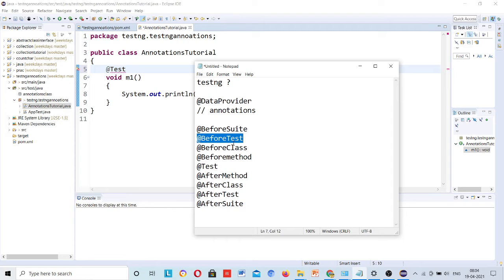Before test works similarly, and to open or close your driver, you can use before class. If in a particular class you want to perform anything before that class runs, you can use before method. Before any method you want to run, suppose I want to use this method going to start, so before method will be used before that. Anything you want to perform before a method, that will help. So only @Test will be considered a test case. This is the point to be noted.